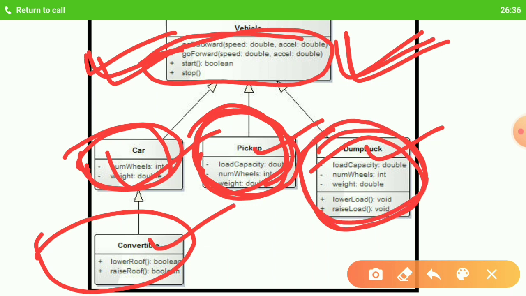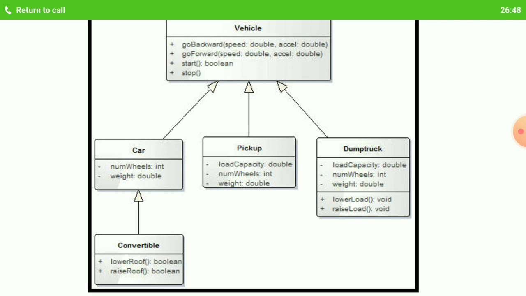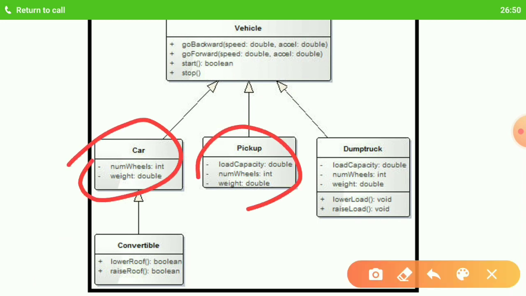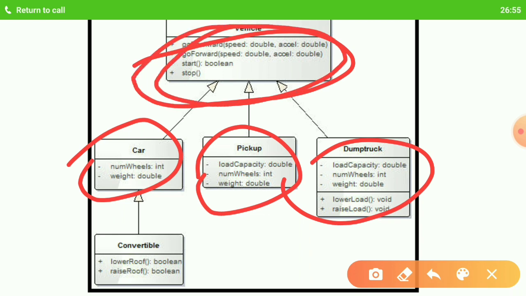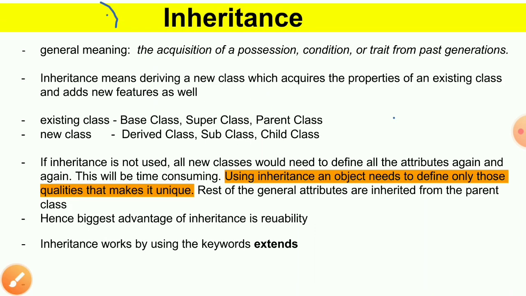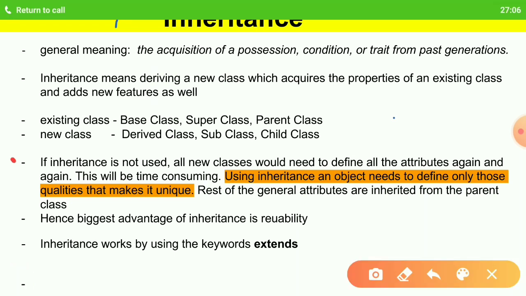in the derived class all the functionality of the existing class, of the base class, will be inherited by default. Okay, so all these classes here will have all the features present here, without writing any single piece of code. So that is what is meant by this point here.